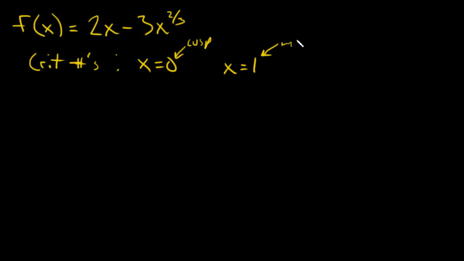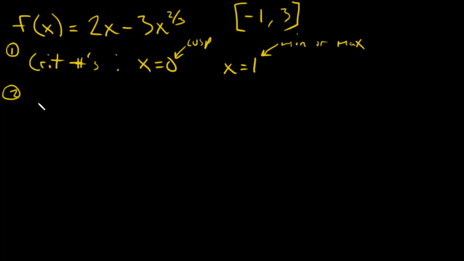We have a min or a max there, more than likely. Okay, so that is actually step 1 of the process to find the extrema for this function, and it had an interval of -1 to 3, right? Okay, so step 2,